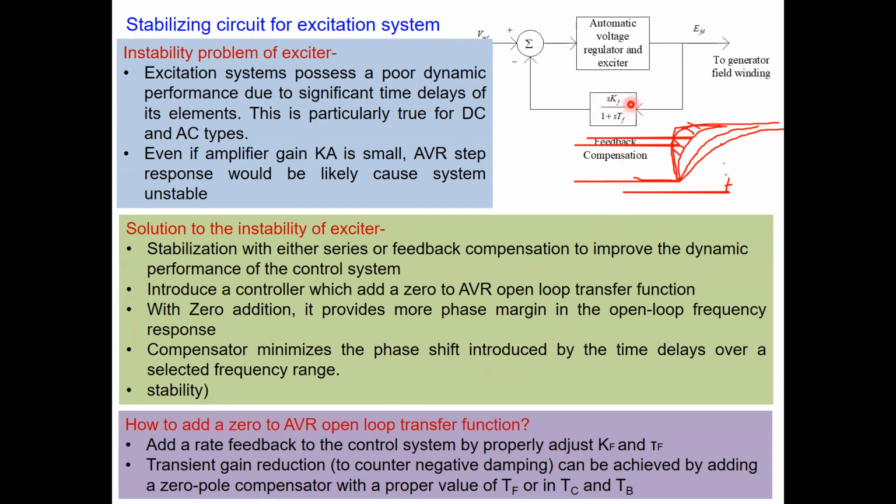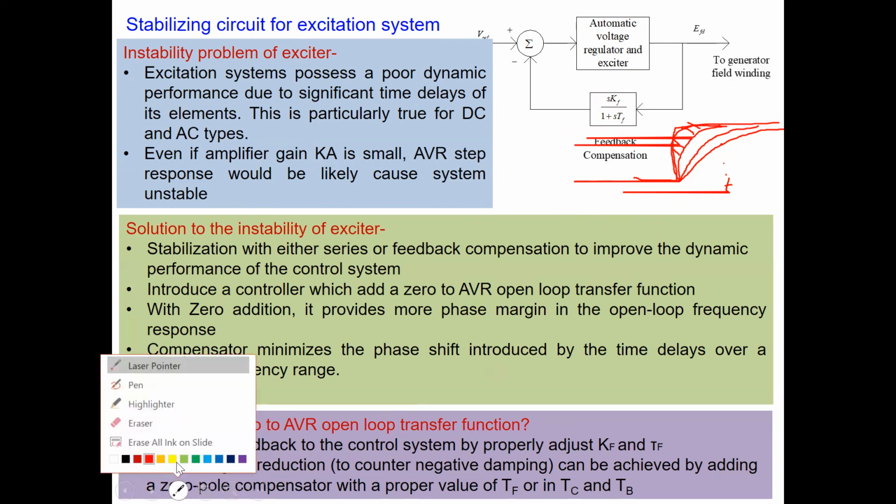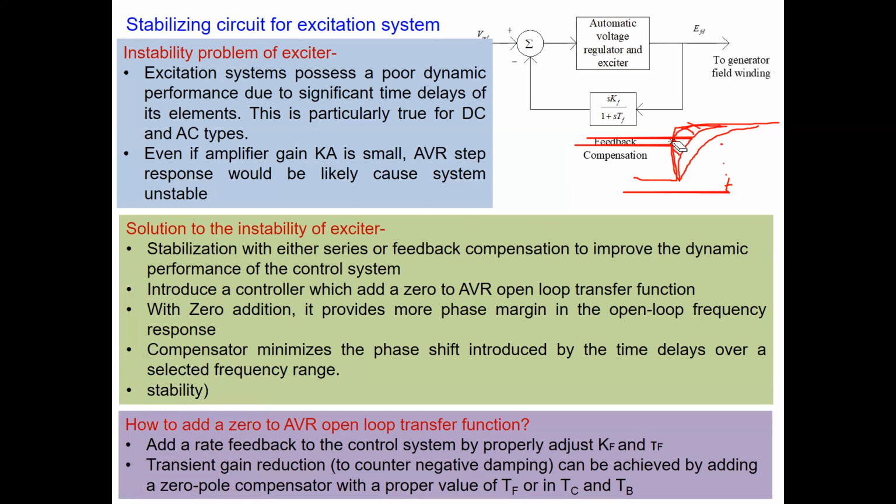So that means how to design the value of K, because the addition of a zero in the S plane will depend upon what is, because 1 by TF will represent a pole, and this KF will represent a zero in the S plane. I mean, if I remove this, for example,